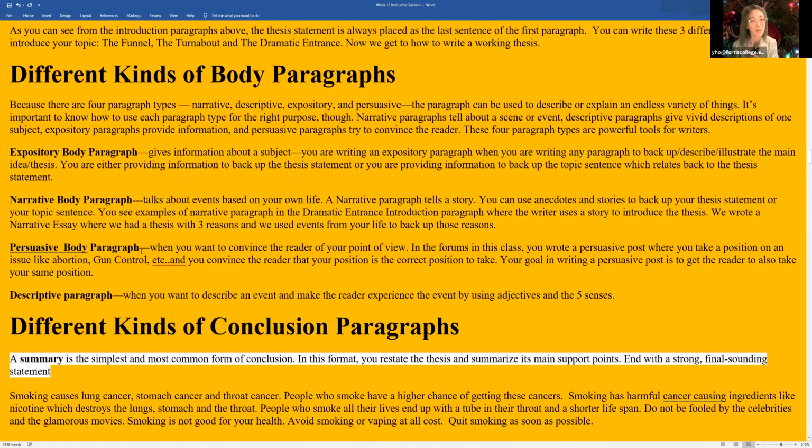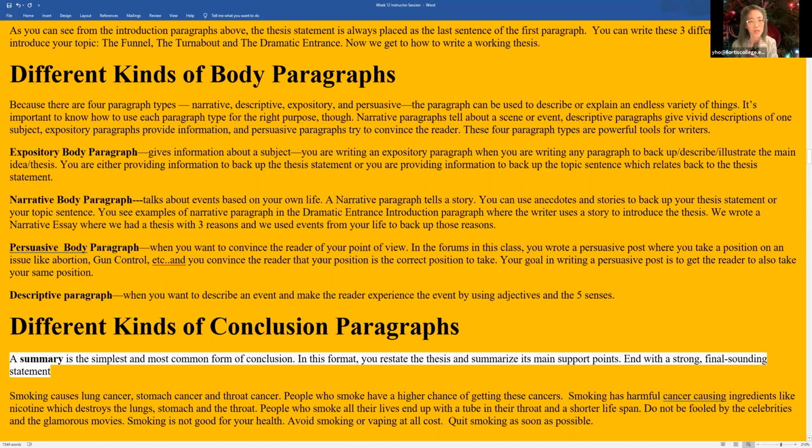And then a persuasive body paragraph, well, you can say, but aren't these both persuasive? Yes. All of these styles can be mixed and matched. I believe someone asked me, can one style be part of another? Yes. So technically, an expository paragraph can also be a persuasive paragraph. A narrative paragraph can also be a persuasive paragraph because as a nurse, you're trying to persuade the people that COVID is a very serious ailment. So yes, you can mix and match actually all of these different types of paragraphs.